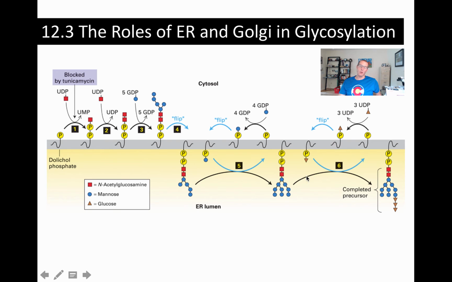We can also add on glucoses. And so here, rather than using GDP as the carrier, we're going to use UDP. And so we're going to transfer on UDP with glucose, and on goes the glucose onto the dolichol phosphate. Dolichol phosphate gets flipped, and then we transfer that glucose from the dolichol phosphate molecule onto the growing chain of